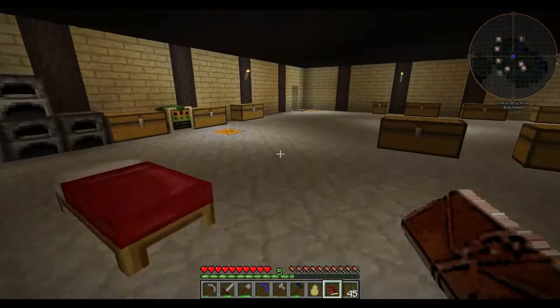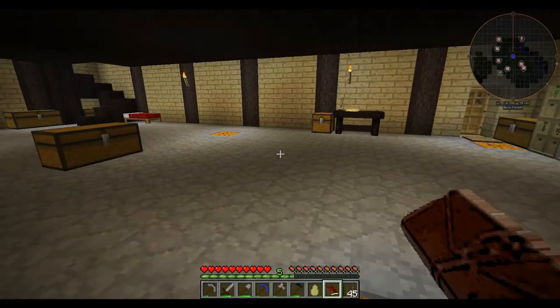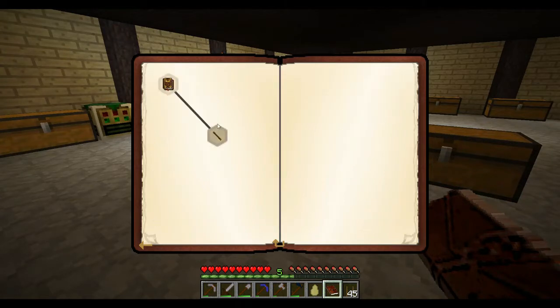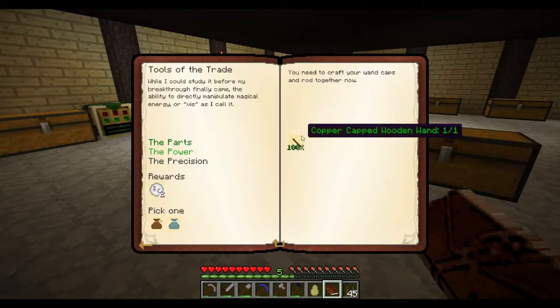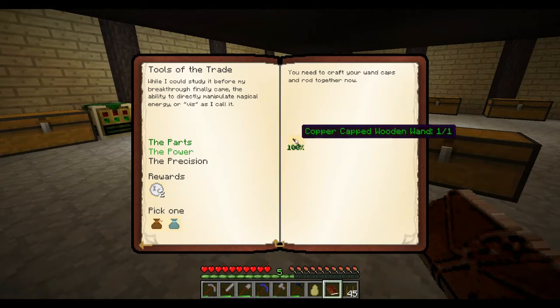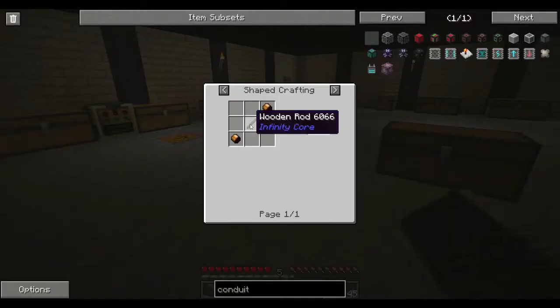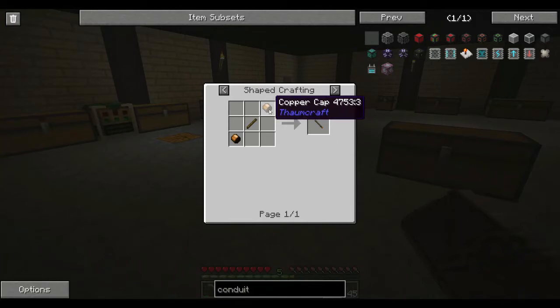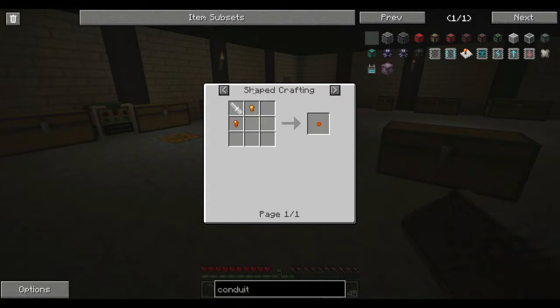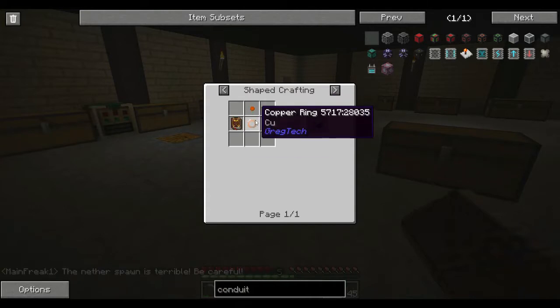So today, what are we doing? I'm going to work on handing in a couple of quests which we started. So the wand quest, this wand. I made the core of it, the wand core, in the last episode. Main Freak had made the 2 copper caps. So if you remember, I made the wooden rod. The copper caps are not that devious, so to speak. A copper round is just 2 copper nuggets and a file, and the copper ring is